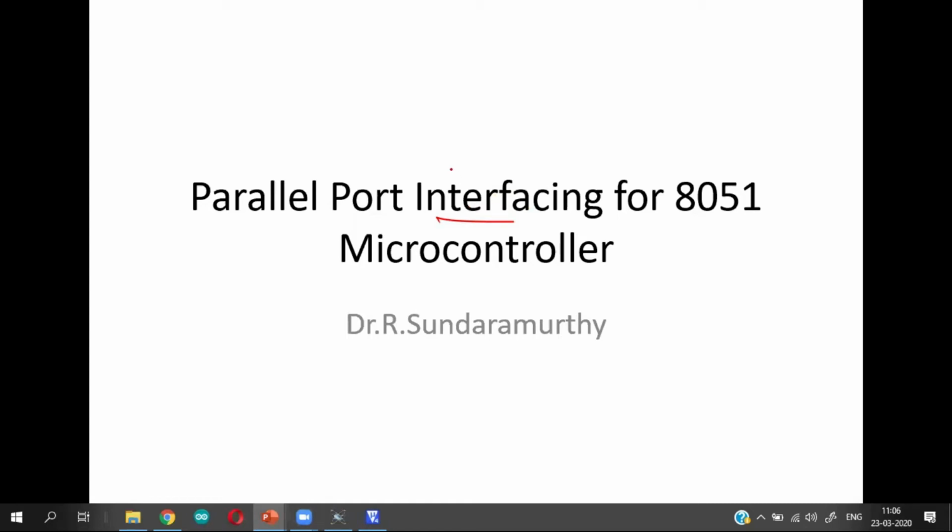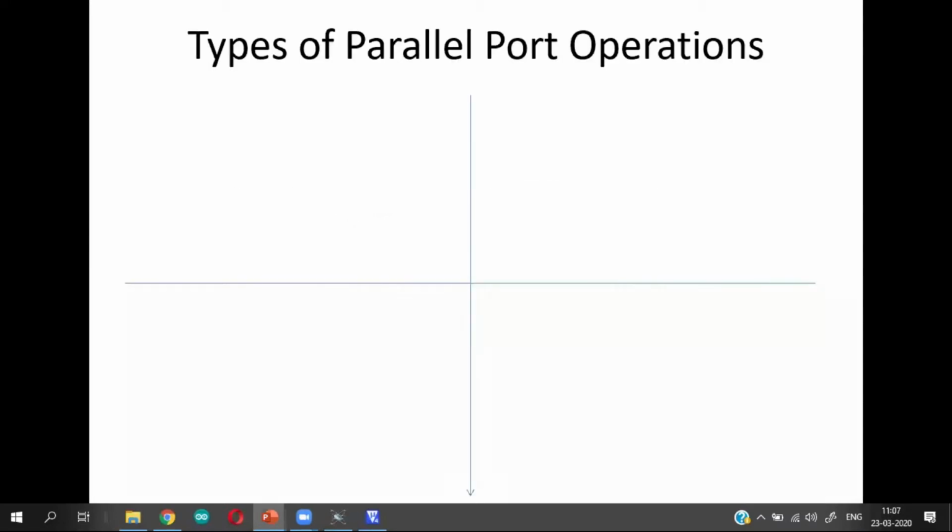In the previous class, we started with parallel port communication using the 8051 microcontroller, and we will quickly revise that before we move to the next topic. We saw 4 different types of parallel port operation.